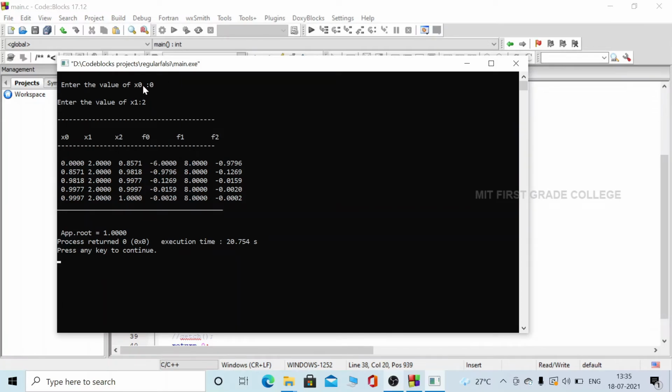And here you can see the iteration starts with these two initial points, x0 and x1, and it will jump to the next iteration, seeing the f of x2 value. If it is negative, the x0 value is taken. If it is positive, the x1 value will be taken. As every value is negative, the x0 value is always taken, that is the x2 value is taken as x0. Fine. So this is how we run the regular falsi method. Thank you.